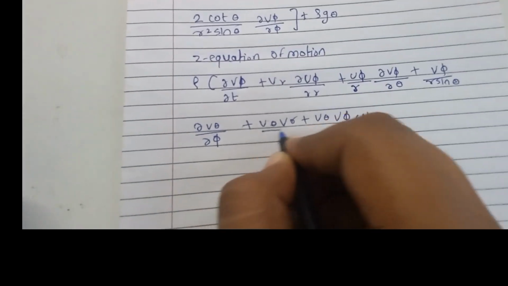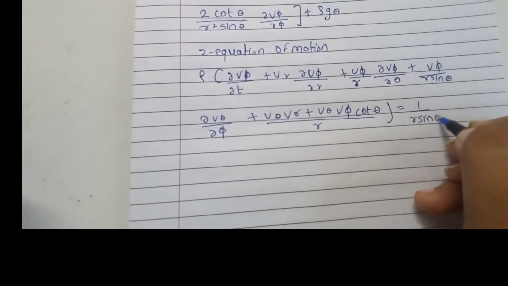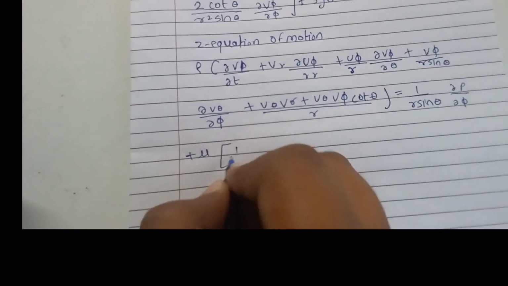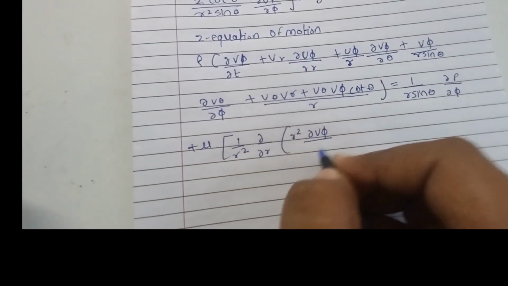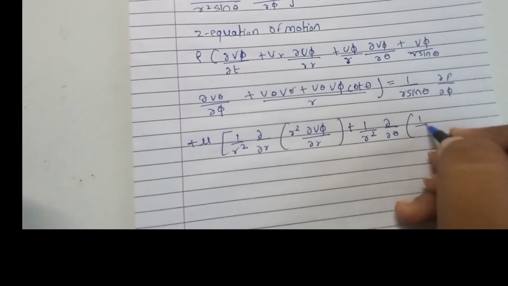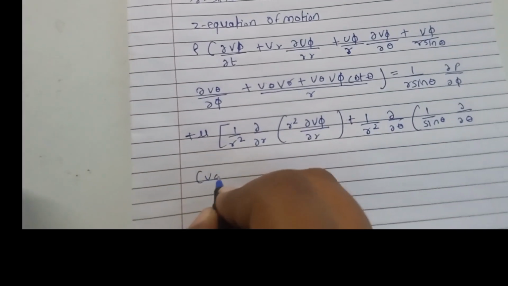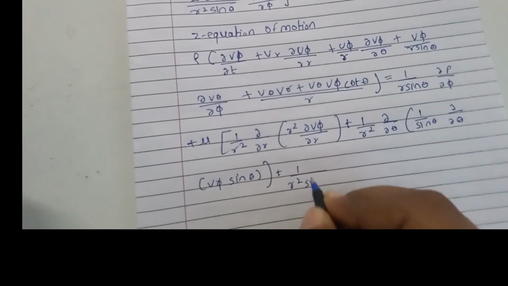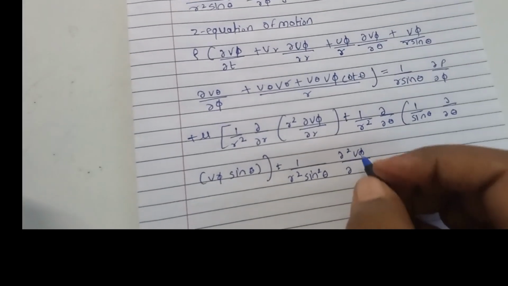Now similarly we can write the right hand side term, that is 1 upon r sin theta into del p upon del phi, as we are considering the phi equation of motion, plus mu into whole bracket 1 upon r square del upon del r into r square del v phi upon del r plus 1 upon r square del upon del theta into 1 upon sin theta del by del theta of v phi into sin theta plus 1 upon r square sin square theta into del square v phi upon del phi square